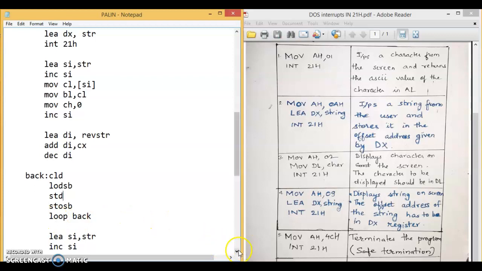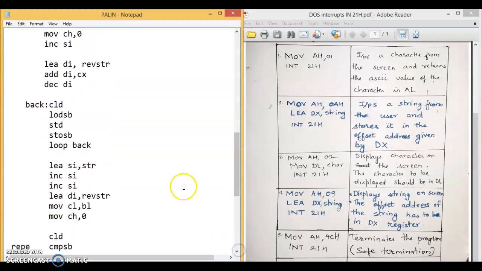Now once the string is reversed, we need to do the comparison. For that we need to reinitialize the string pointer. So SI is loaded with the offset address of str, incremented twice so that it points to the first character, and the destination index points to the reverse string. Count is retained again, so it is reloaded into CL, and CH is 0. Auto increment